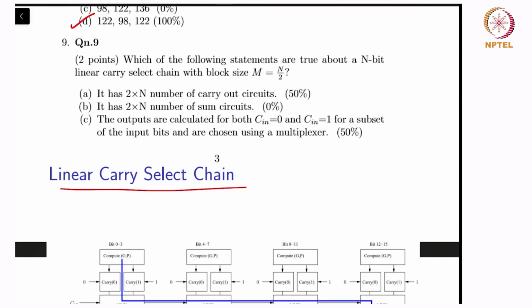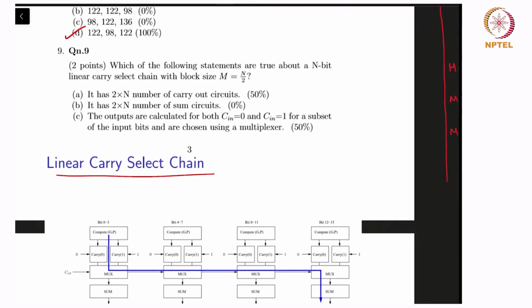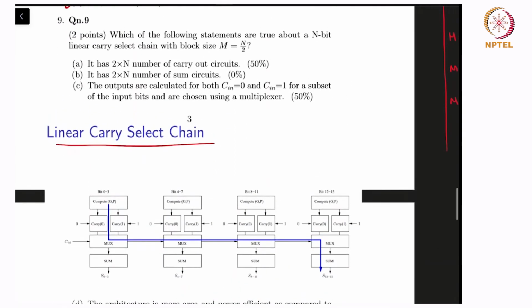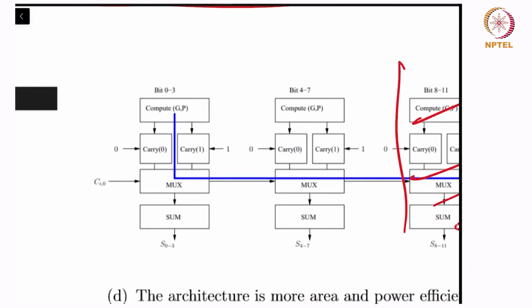So this is the linear carry select chain, right? The block size m, which is the number of bits in each block here, is n by 2. N is the total number of bits, so which basically means that there will only be 2 blocks. You can assume these are all not there. Yeah, so in the linear carry select chain,